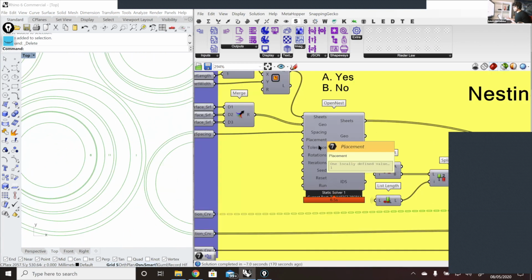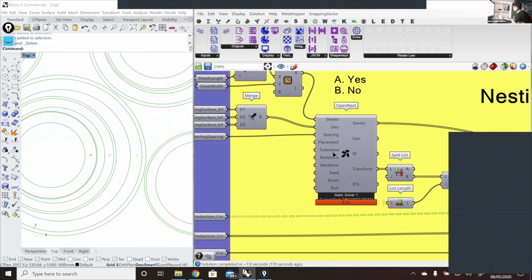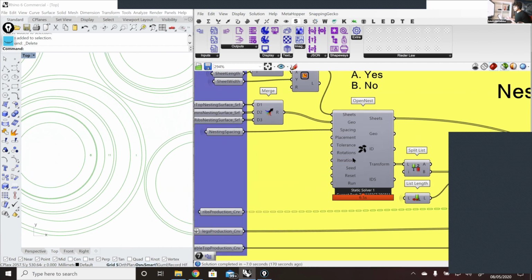Here, of course, you have also other options like placement, tolerances, rotations, etc. Rotation is how many times our object is going to try to be rotated in order to make the best fit. So in this case, I'm just saying it's going to be rotated 2 times. So that means it's going to be in the 0 degrees rotation, and also you are going to rotate it